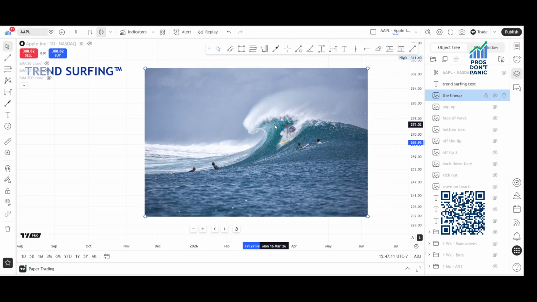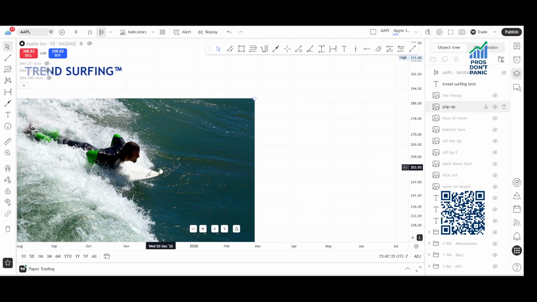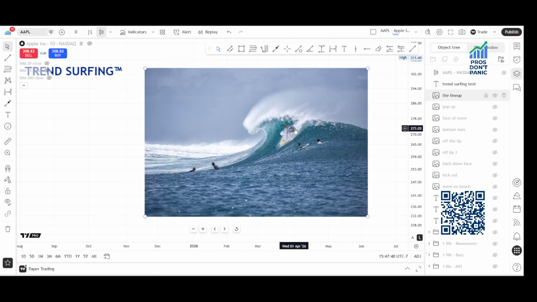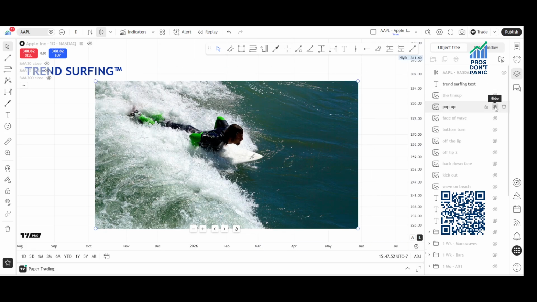When we surf, we sit where the waves are. I'm going to show you on the chart, you're going to surf where the waves are. You see these surfers sitting there waiting for a powerful wave to come through. They don't just sit in any random part of the ocean. They sit exactly where they know the wave is going to come through. After the wave comes through, they pop up on it. You can see this other guy popping up on this wave right here, because the wave has peak energy right at the beginning. All waves start with a lot of power and force. So he's going to pop up on that wave, and that is our trade entry.